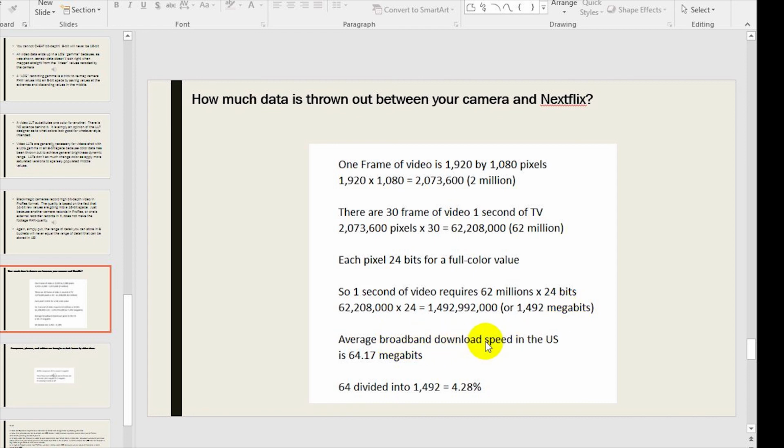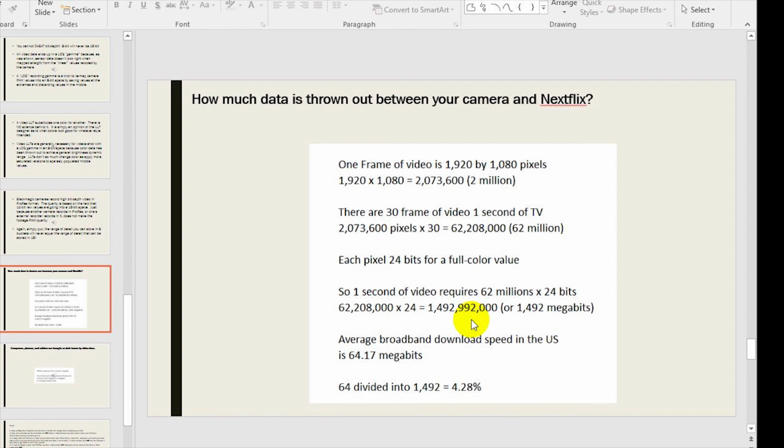Do you know that the average broadband download speed in the US, your cable, does 64 megabits per second? That means if you divide 64 by 1492, if you went out and took a video with your RAW camera in 8-bit and wanted to transmit to me the image just as you got it, perfectly, you could only send 4.28% of it through the internet to me. Think about it. It's incredible, right? I mean, all these video compressions, they throw out so much data. I'll do that in another video. But oh my God, I mean,